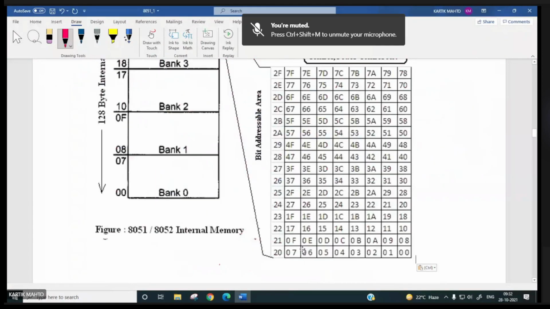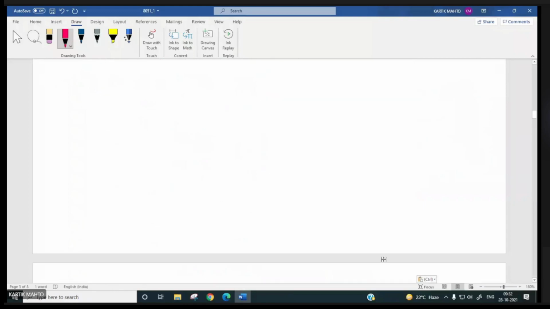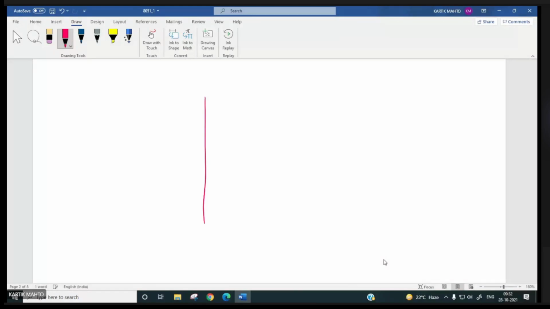So inside the microcontroller, we have the CPU over here.